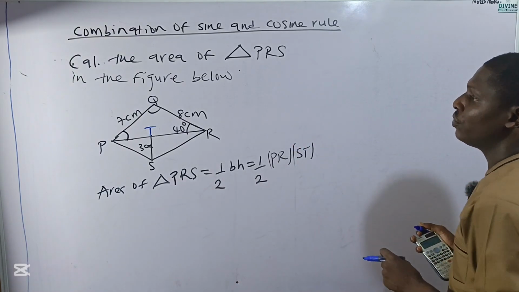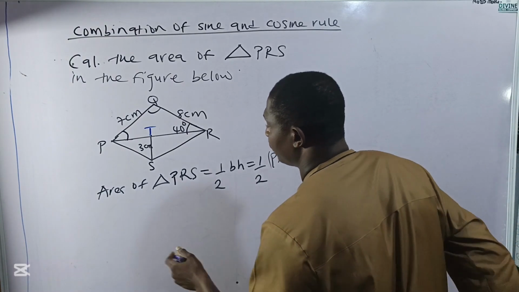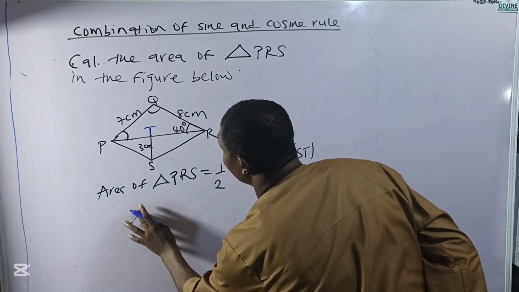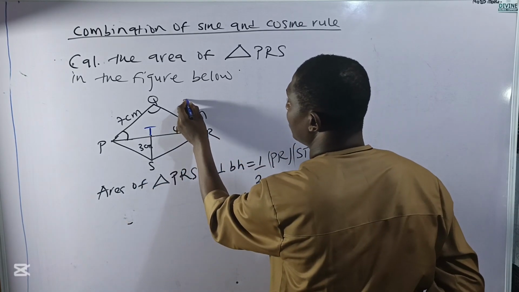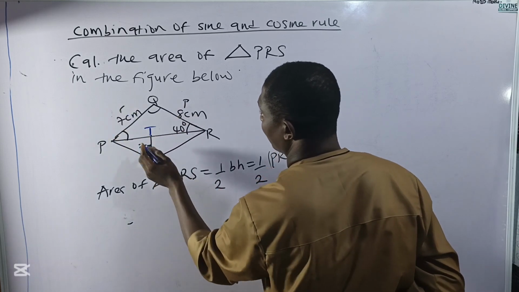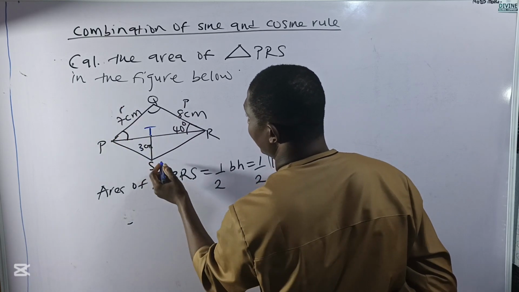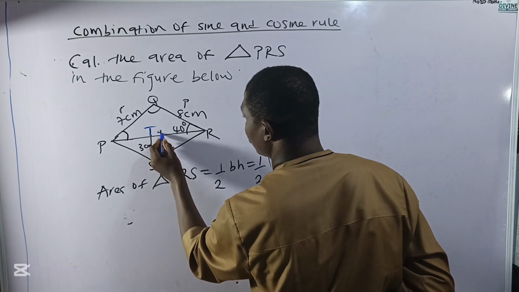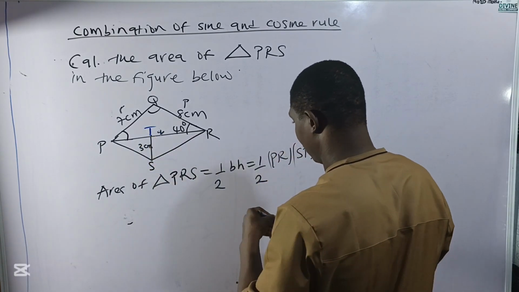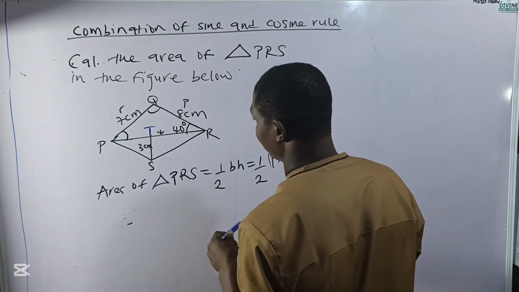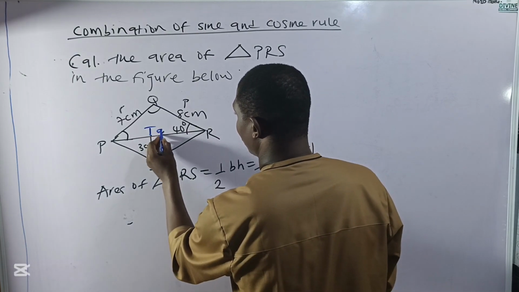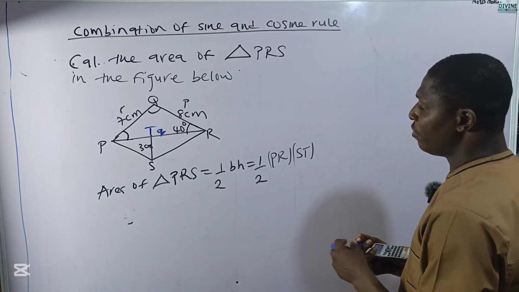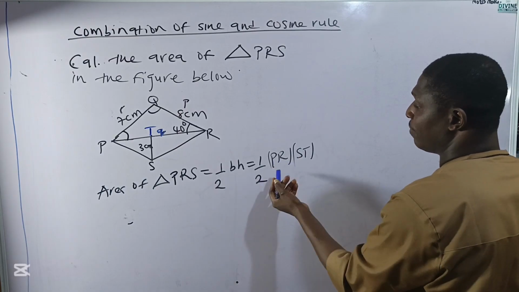So using my sine rule, let this side be small p, small r, and let this be represented by small q. Take notes. Now, my aim, remember, is to get my PQ so I can get my triangle area easily,